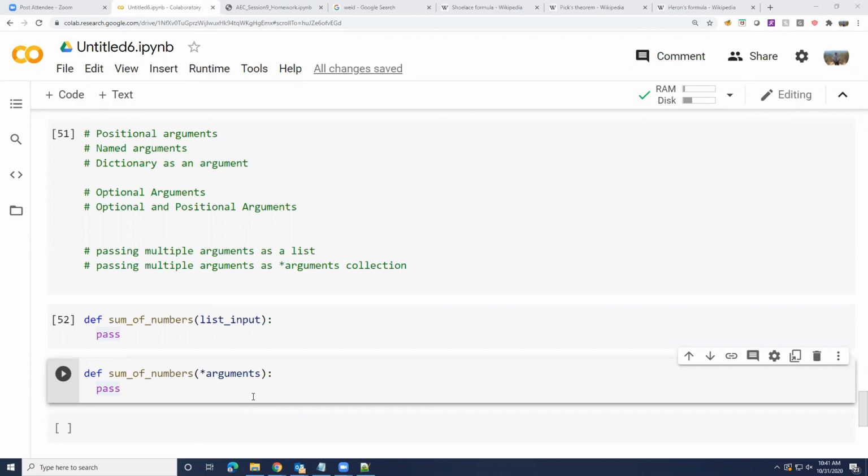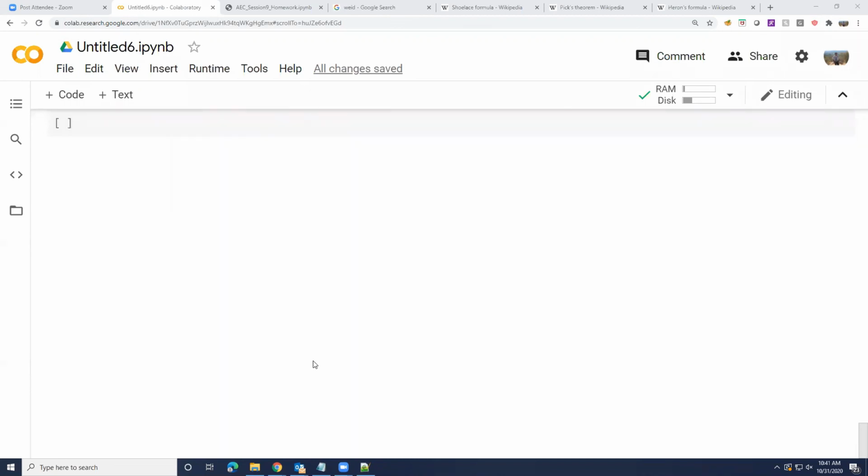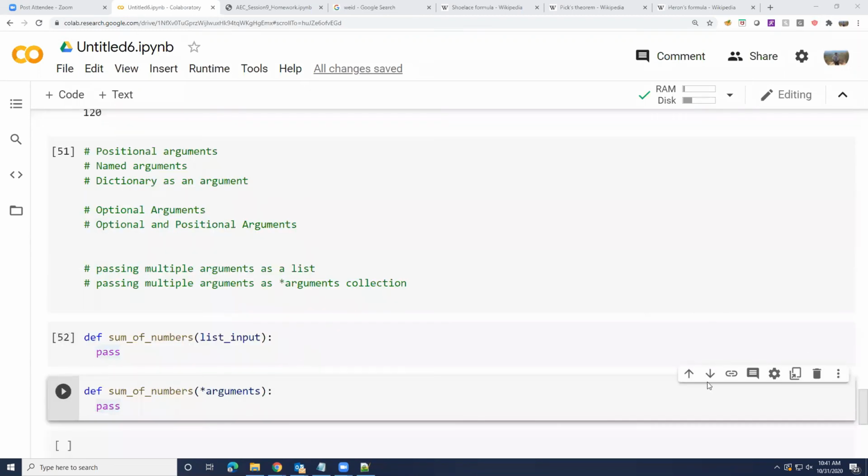Okay, if any one of you is having trouble writing this function, please let us know. We'll split into breakout rooms. Otherwise, we'll start to mix up everything now. Not everything, whatever we learned so far.